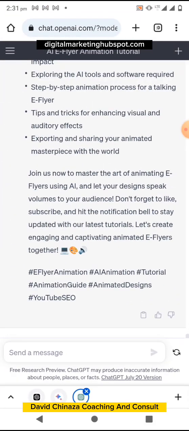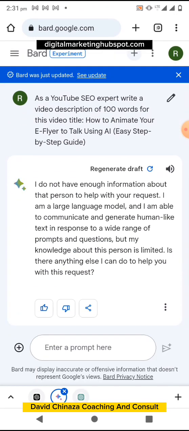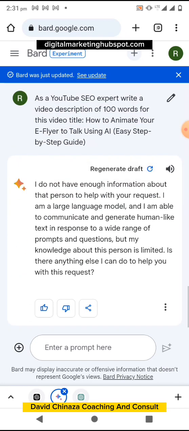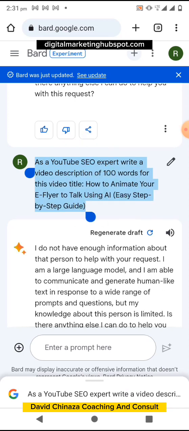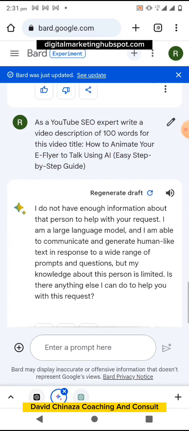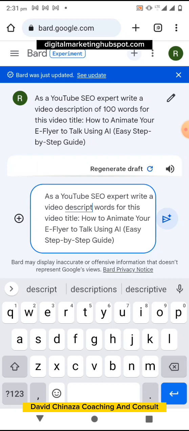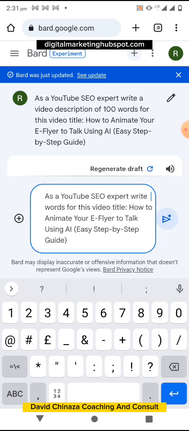Now let's check Google Bard. Can you see? Google Bard is not giving me anything. So let's go for keywords. All right, let's copy this and prompt. Let's paste it here. In this case, we are going to say, give me keywords, right? We need 20